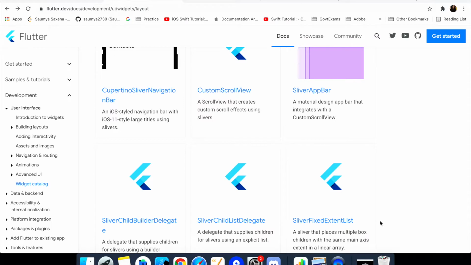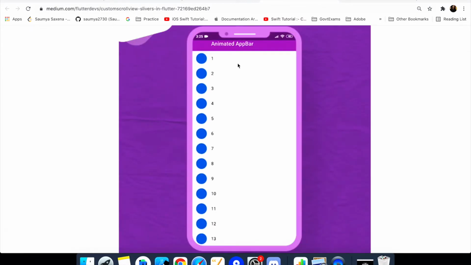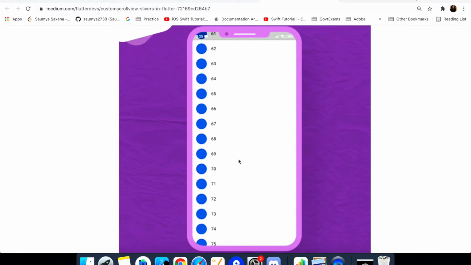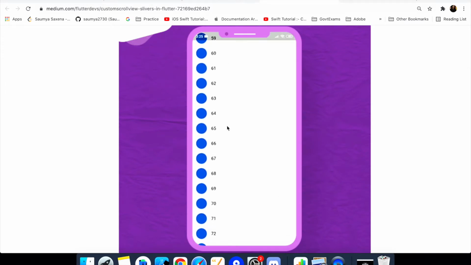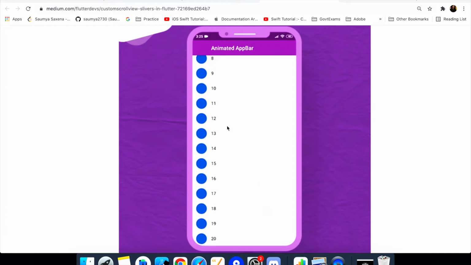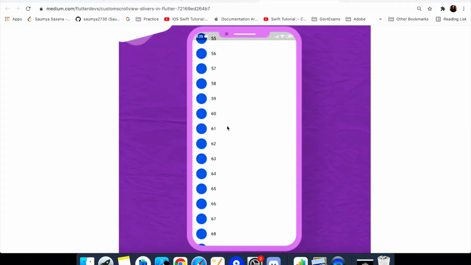Sliver is a slice of your scrollable area, and we can use it to achieve custom scrolling behaviors. As a layman, it's a part of your scrollable zone, used to accomplish custom scrolling over your widgets, such as grid view and list view. This is your scrollable view, and it will be useful while scrolling an enormous number of child widgets in a scrollable zone. It will be beneficial if we use the scrolling part inside this.